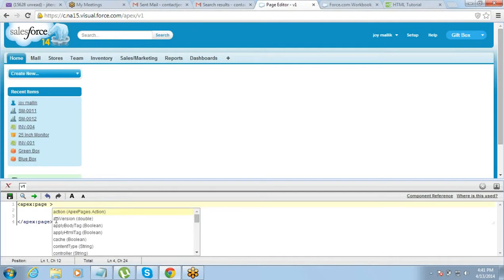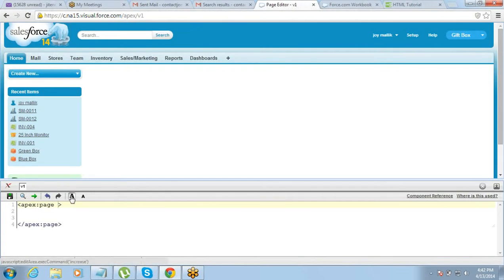You just have to take your cursor here, and the moment you start typing sidebar, it has that IntelliSense option, so it's very easy to type code here. So you say sidebar equals false. By default sidebar is true, but if you make it false and click on the save button, you will see the sidebar got removed.